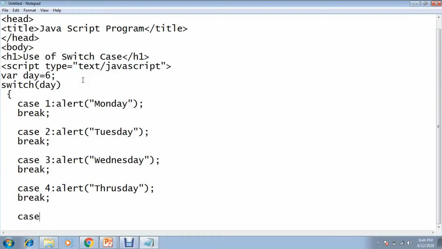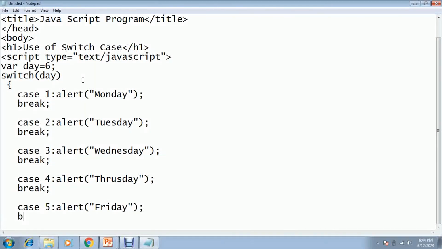Next, case 5, alert Friday, close this, break.